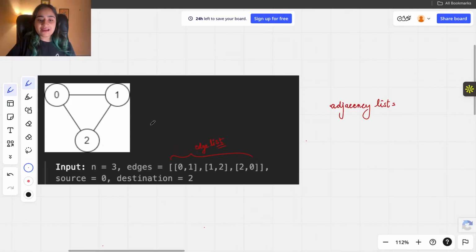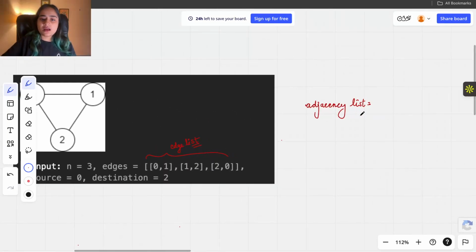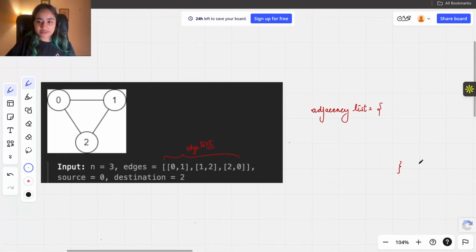So if I had to make an adjacency list, I would make it like this. I will start with a dictionary where I will place all of my nodes as keys. I hope you remember it from the last lesson. So every key is basically a vertex, a node.